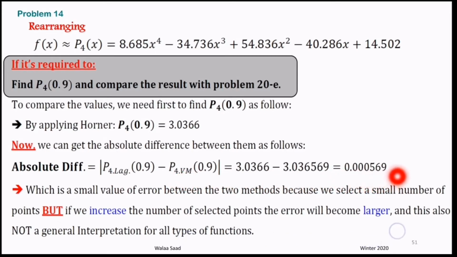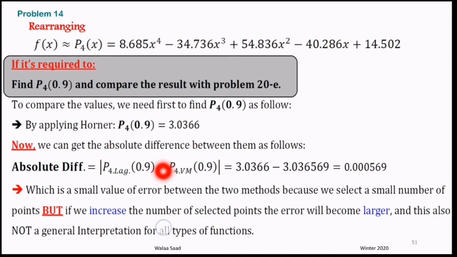Why do you think this error is very small? Of course, because we used a small number of points. But if we increase the number of points, the error would become larger and larger. But of course, this is not a general interpretation for all types of functions, because the number of points, of course, affects, and also the position of the points from the beginning, from the middle, from the end of the table also varies the polynomial